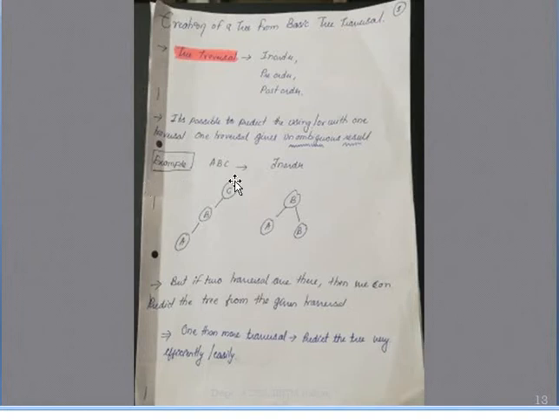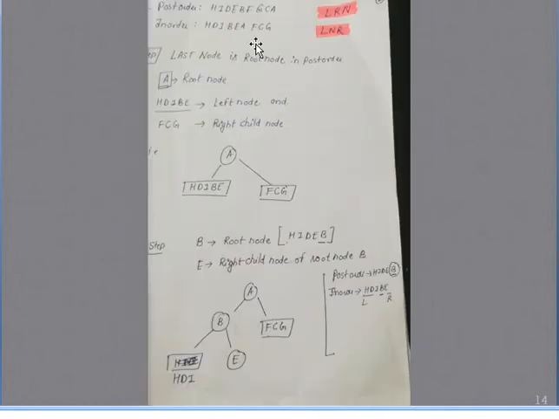In the in order, first we are visiting the left node and so on. If we have only this in order sequence, two possibilities can be there, and with this we cannot predict which one is correct. If we have more than one traversal, then predicting or drawing the tree will be very efficient, very easy, and, one important thing, very correct.